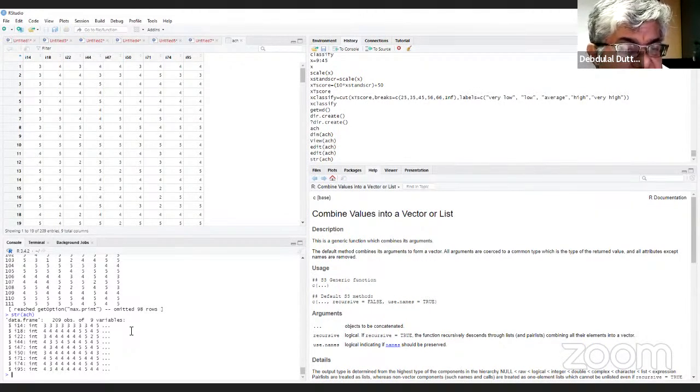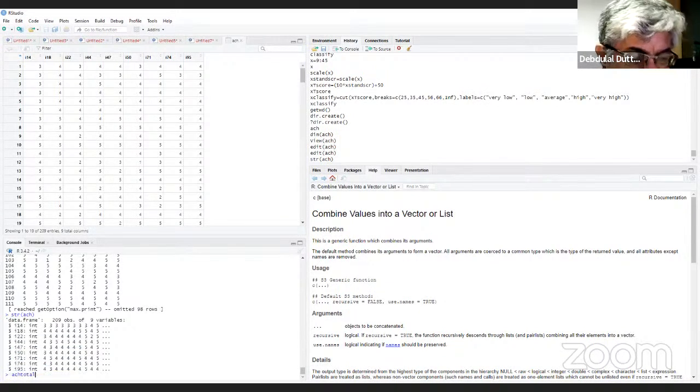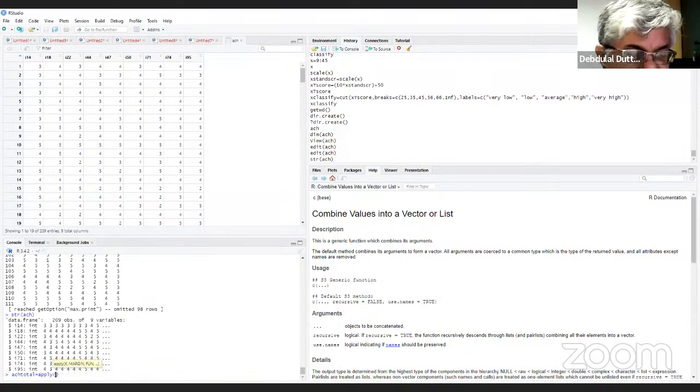Is it clear to all of you? Okay. So now what I will do, here I am writing H total. So H total is the vector. I am creating this vector. It is called the H total. So apply. Apply is the function. Then H. H means